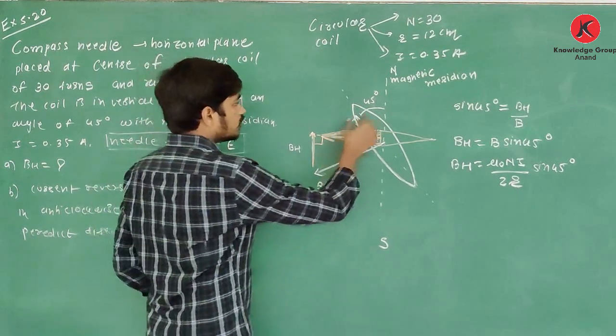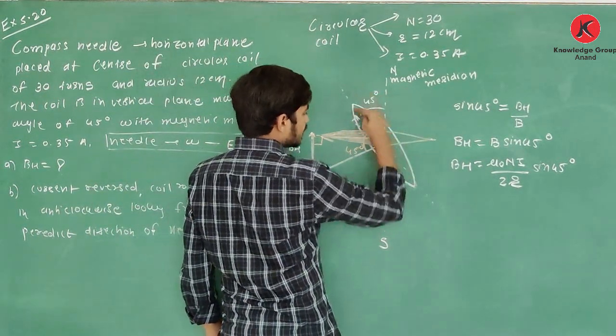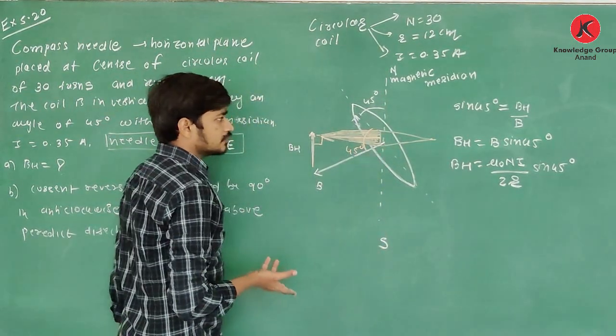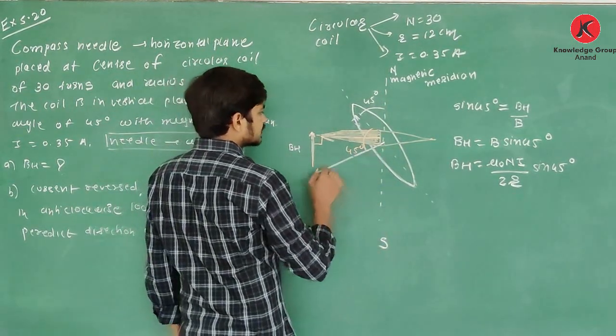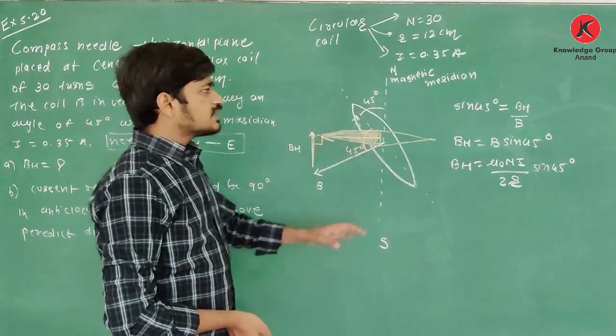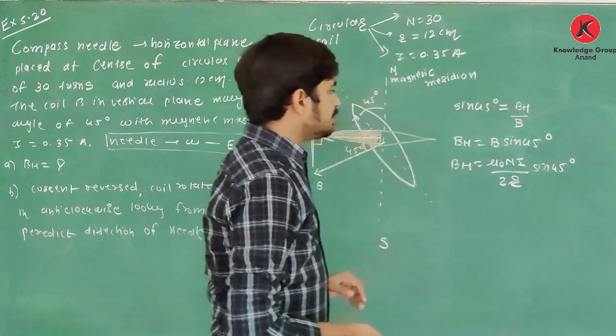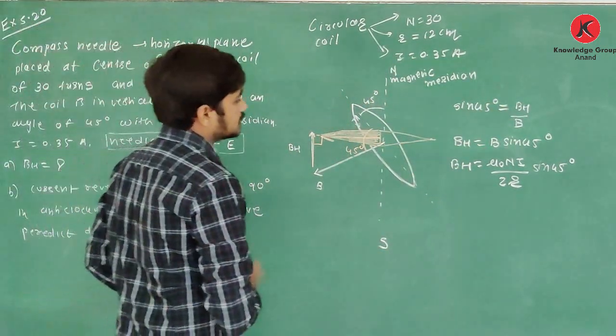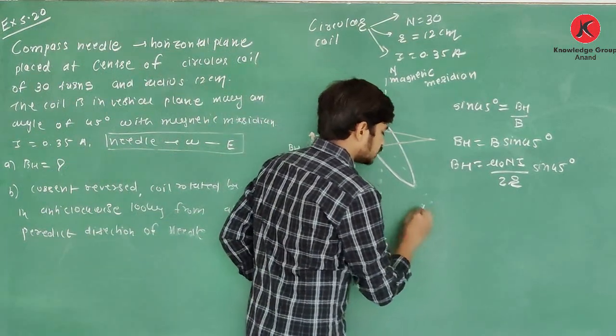and the needle aligns in this direction, which means it is the resultant magnetic field. You are given an angle of 45 degrees between the magnetic meridian and the plane of the coil, so this angle will obviously become 45. This is B, this is BH, and this angle is 45. So take sine 45 is equal to BH upon B. So BH is equal to B sine 45, and you can calculate your answer. Clear about this? Okay. Next question is